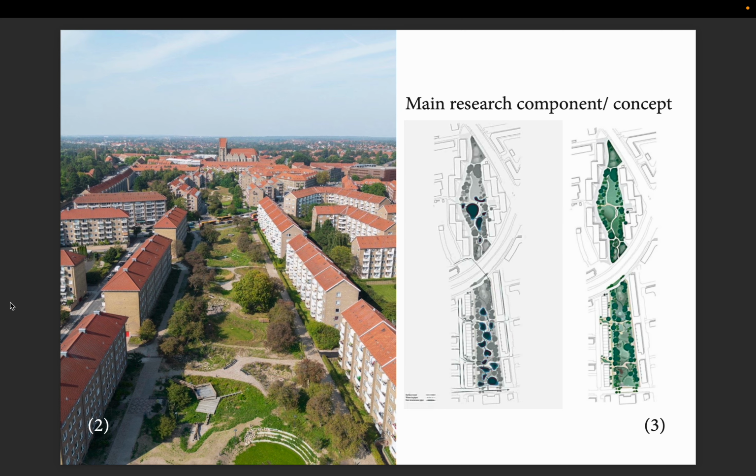But I would like to now touch on the main research component and driving concept for this park, which was to really take into account the increasing amount of rainfall that has been happening because of climate change. So basically, this park was designed to accommodate a lot of water, and here in this picture we can see